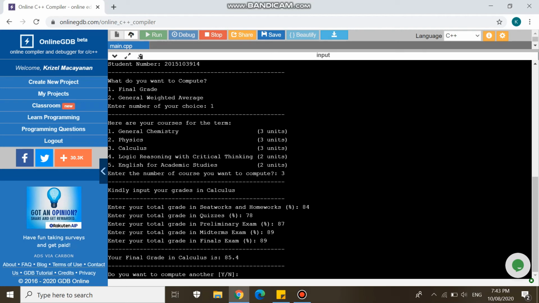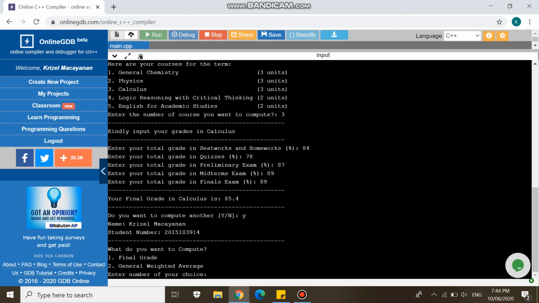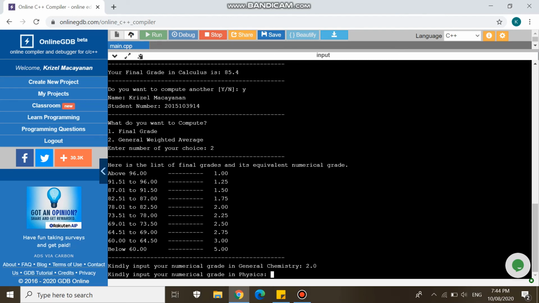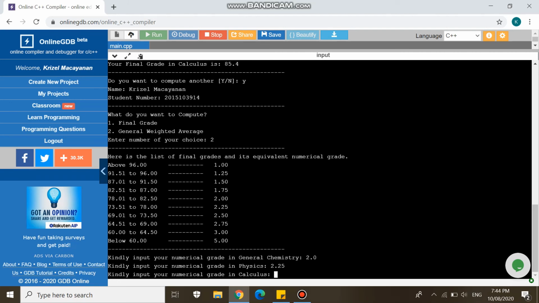Then I want to compute another, but this time I want to compute the general weighted average. So let's press Y. So 2. And then, let's say my numerical grade in Gen Chem is 2.0, and then physics 2.25, and then calculus 2.5,